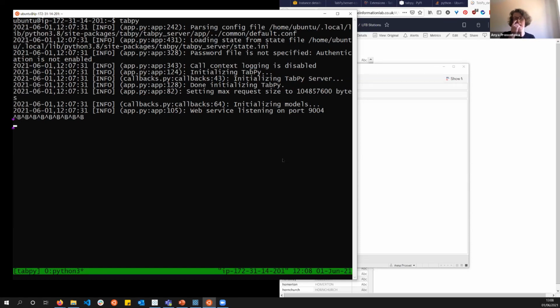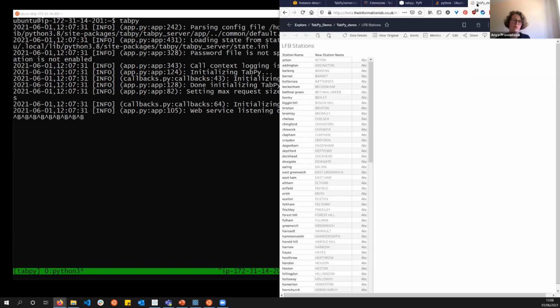So that's the way to install TabPy on an EC2 server and also keep it running so you can use it on your Tableau server in workbooks or Tableau Prep flows. So I hope that it gives you a little bit of a better idea how you can use TabPy in your flows. So I understand that we ran a little bit over time, but if there are any questions, Peter,